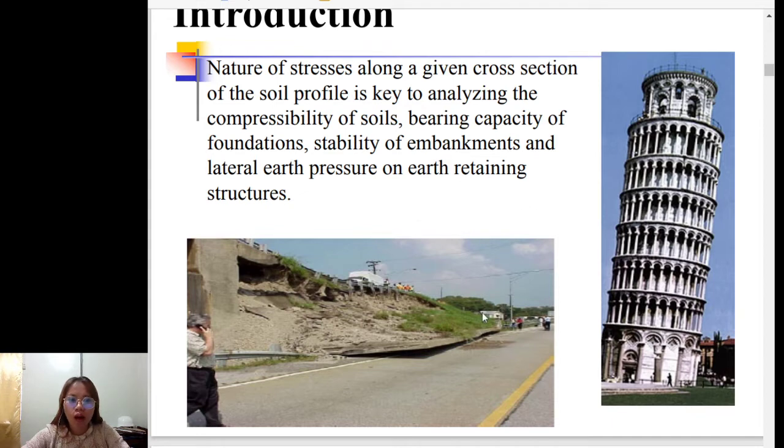So to be able to understand why this is happening, like this erosion at the side of, I think this is a bridge or a road, and also to be able to understand why this Pisa is leaning towards